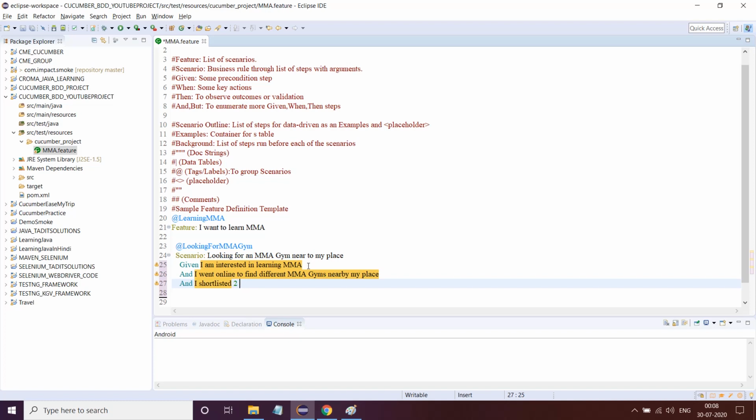I shortlisted two of them and I went to see the first gym on, let's say, 19th March 2020, and after which the lockdown happened. Anyways, jokes apart.